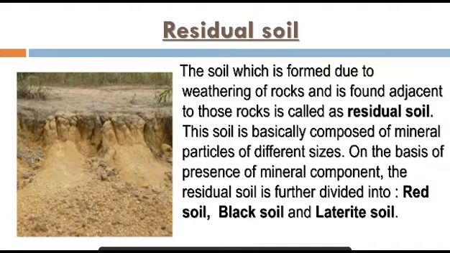The soil which is formed due to weathering of rocks and is found adjacent to those rocks is called residual soil. This soil is basically composed of mineral particles of different size. On the basis of presence of mineral components, the residual soil is further divided into red soil, black soil and